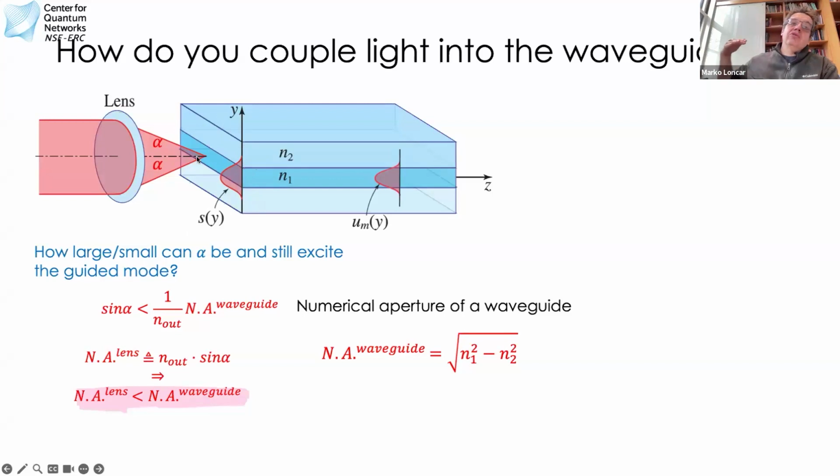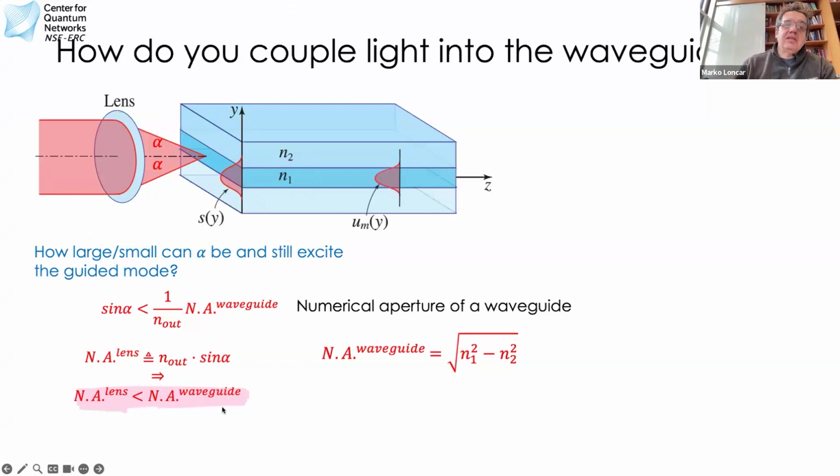So yes, all of your light can go in, but the spot is huge. So simply by overlap, if you consider a spot of a millimeter and a waveguide cross-section of, let's say, half micron by half micron, no light goes in. So you really need to carefully choose the numerical aperture of the lens, roughly to be smaller than the numerical